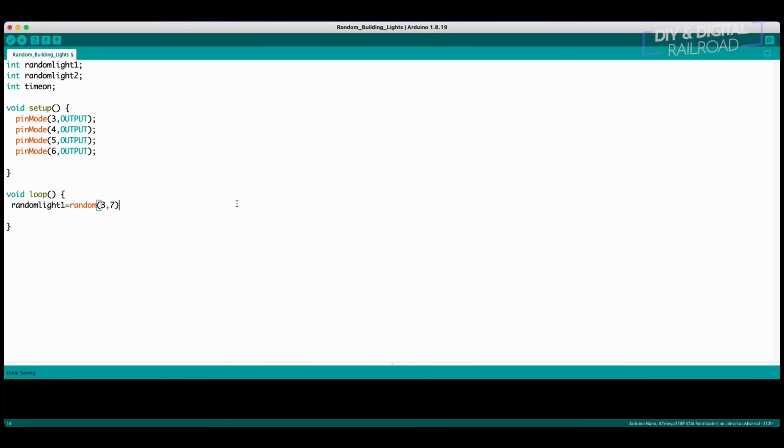The reason that I am doing 7 is because originally I had it as 3 and 6, but it wasn't picking 6 very often, if at all. When I switched to 3 and 7, it picked the number 6 light a lot more often. So it still may have a few kinks, but putting one number above I found works a lot better with this. And then we're going to do randomLight2 is random